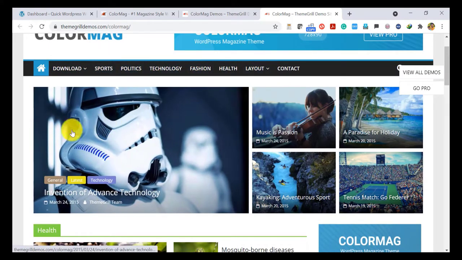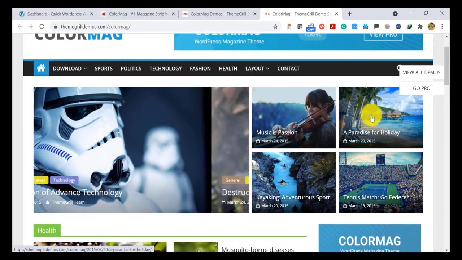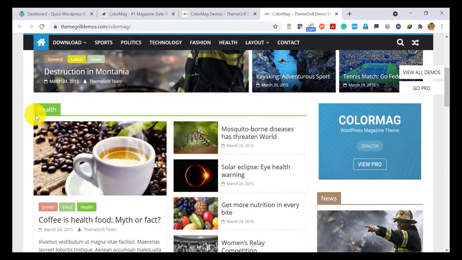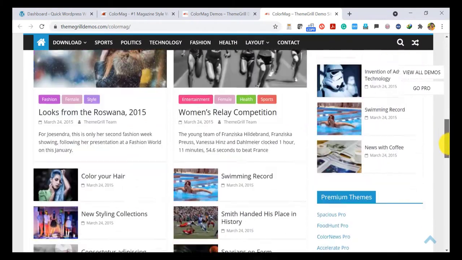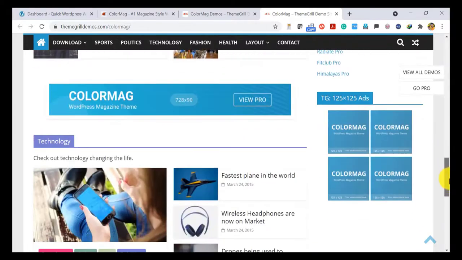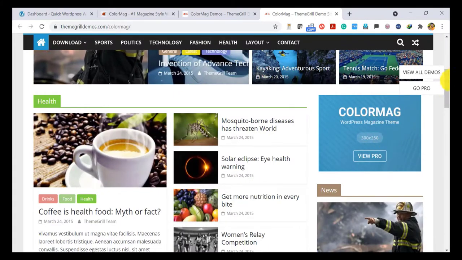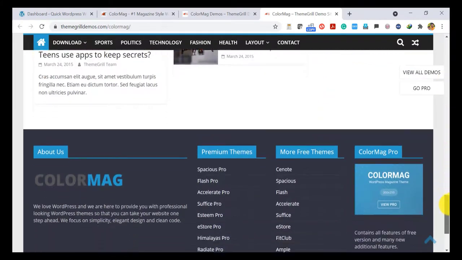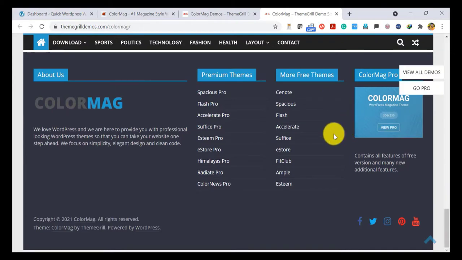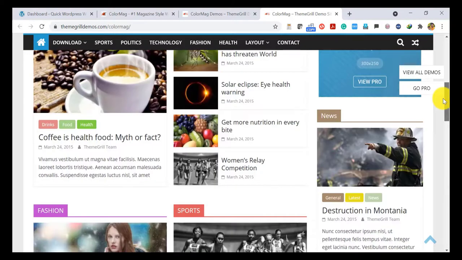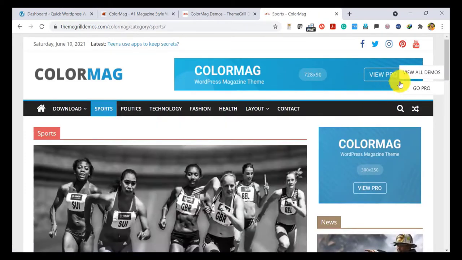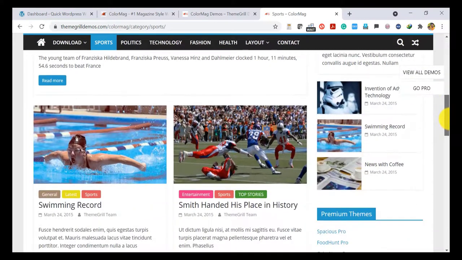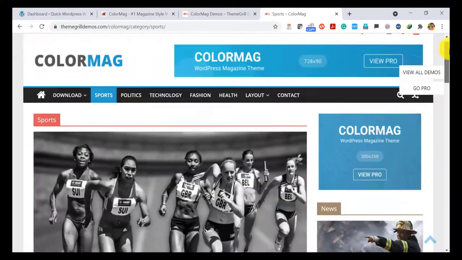Then categorically it displays the news items, and then it will give the featured news items and the slider. Then it will display each news category, health, fashion, and all the things categorically. On the right side, it will display the latest and featured news. In between, you can also display your Google AdSense advertisements and any other sponsored ads. And it also has the footer, which will also display some advertisements. So let's explore each of these menus. When you click the sports menu, it will display the items like this.